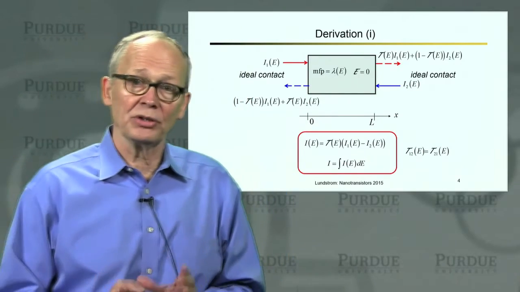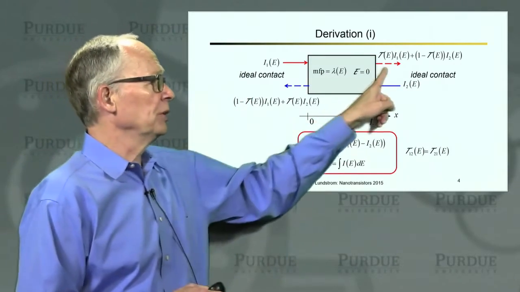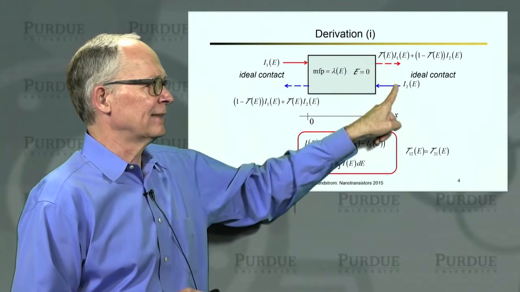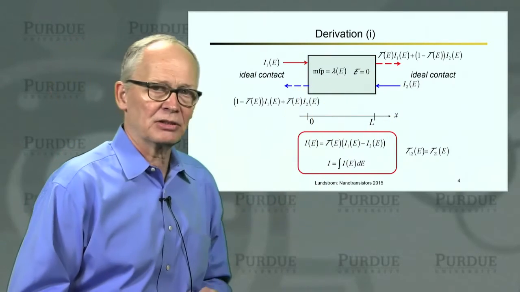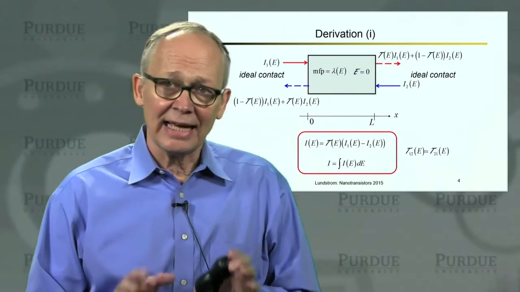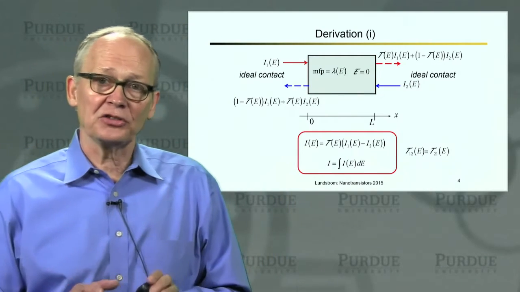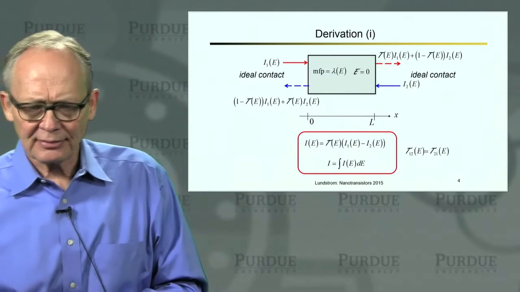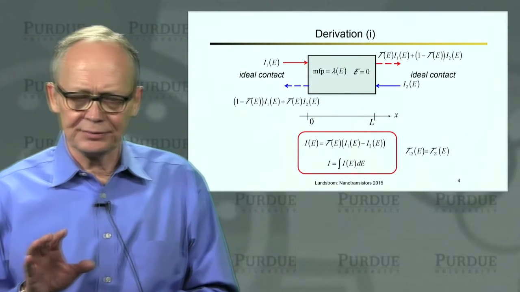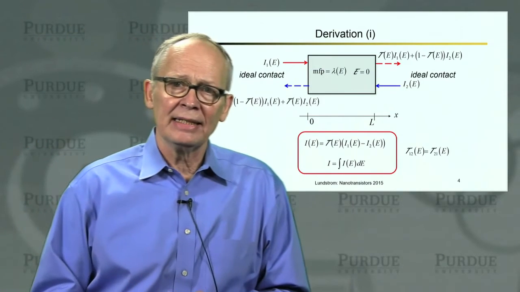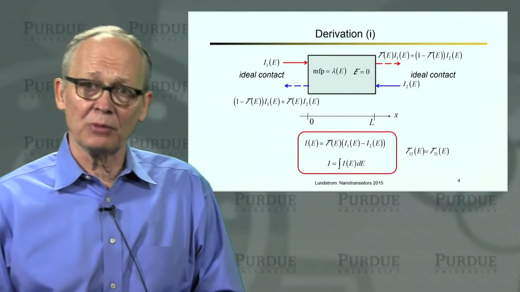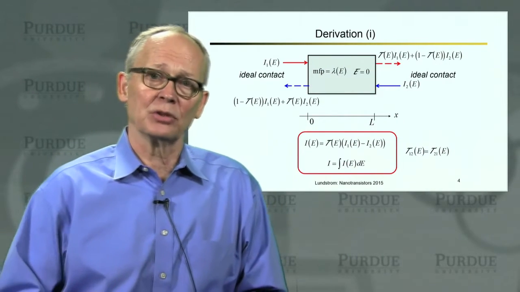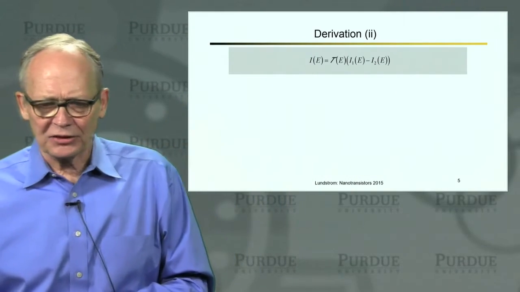Now, there's a very important assumption I've made here. I've assumed that the probability that an electron transmits across from left to right is the same as the probability that it transmits across from right to left. That's an important assumption. We can justify that when we have elastic scattering, these independent energy channels. It's an assumption to keep in mind. It's going to work well for us in MOSFETs, and we'll discuss a little bit later in Unit 4 why it works so well in MOSFETs. Okay, let's continue our derivation.